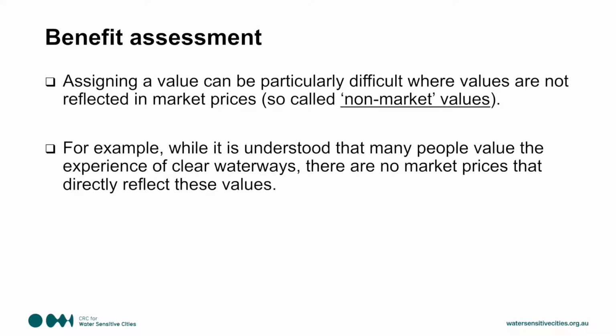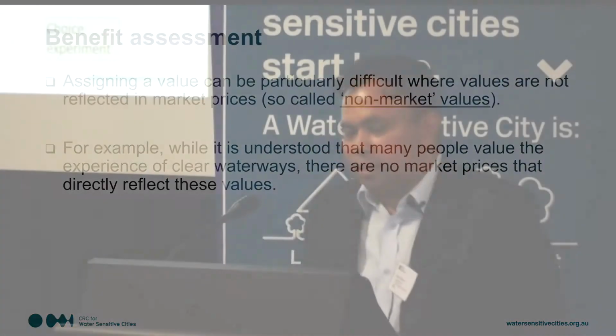And in those cases, it's often called the non-market values, where it's not possible to get prices or reliable estimates from existing sources. For example, we know or we can understand that many people could prefer clear waterways. The question is, how do we quantify their preferences into a benefit cost analysis framework? In general, when we don't have any market price, we have to use some other methods which are called non-market